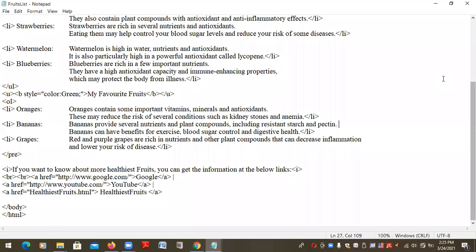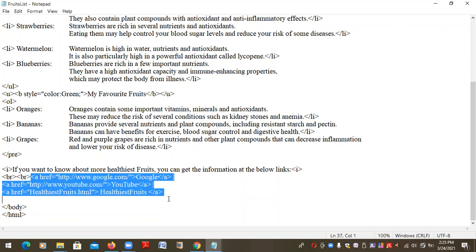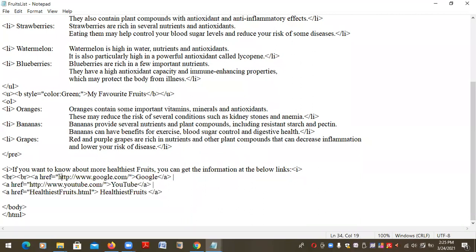This is the second part. You can take pictures if you want. I hope this is finished. So the main point here is the link. When you look at the links here, there are three links. For the first link, you have to put the website address because it is linking to Google, www.google.com. The second one also needs a website address, www.youtube.com. This is the YouTube link.